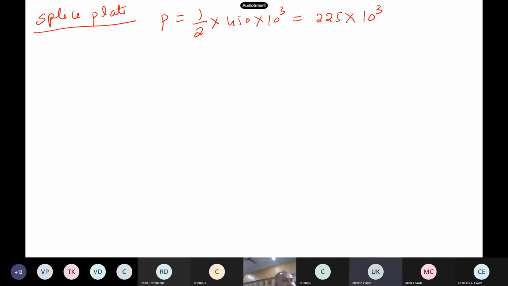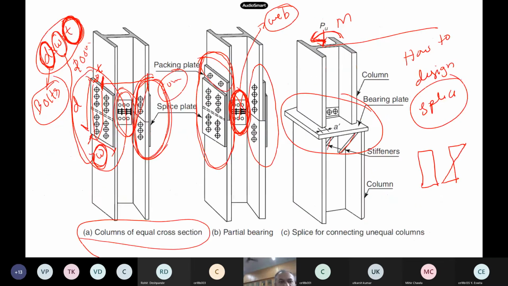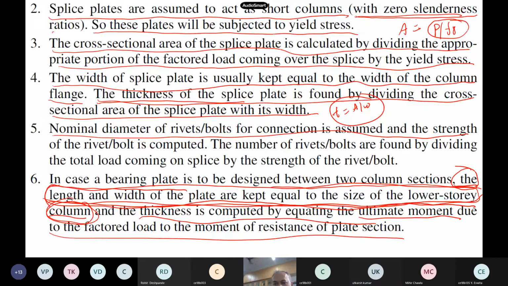Instead of 1 by 2, 1 by 4, that's all. Now the cross-sectional area has to be found. For the splice plate, the depth, width and thickness are to be fixed. Width is fixed. Now what is the width of the splice plate in this problem?